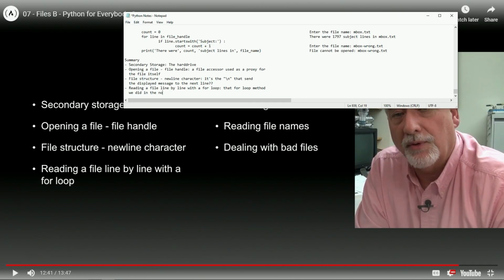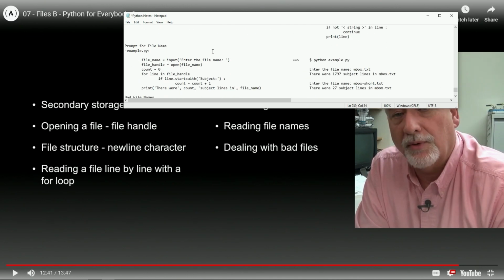Refer to that for loop method we did in the notes.